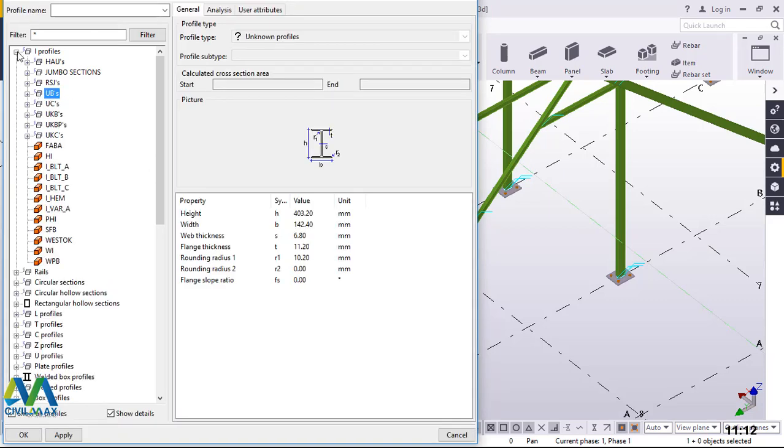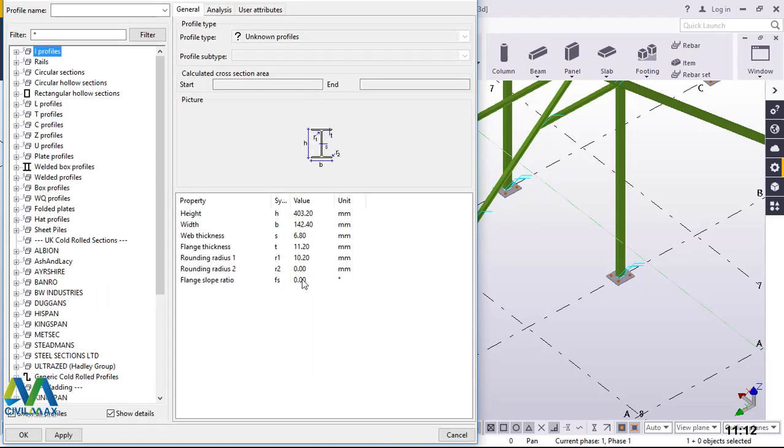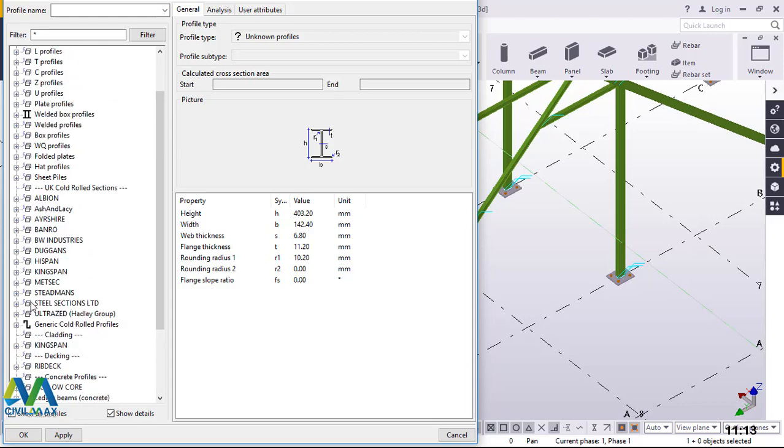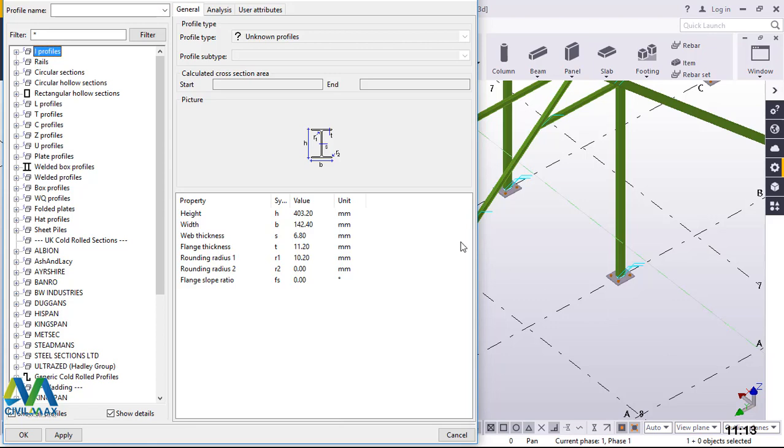Let me just first of all minimize that and come to square hollow section. Let me just scroll down here. I'm going to use square hollow section. I'll scroll up to this rectangular hollow section. They are categorized under this profile. Now I'll click on that plus sign,